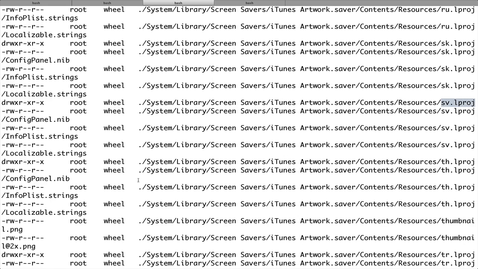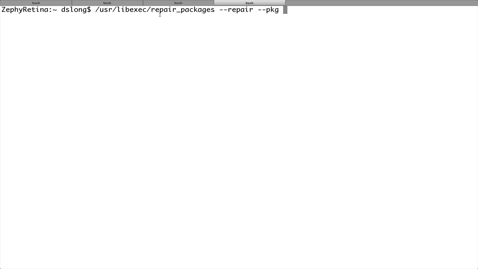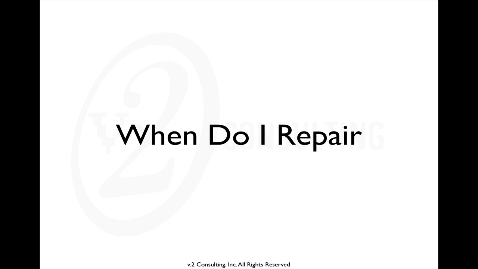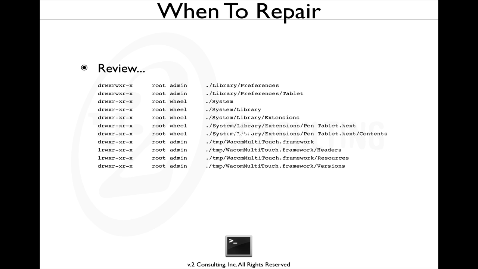So we can actually look at that command as well. Up here we have our command repair packages, and we're going to repair a given package. Because we were looking at the media files earlier, I'm just going to paste that right in. I'm going to hit return, and it's going to show us the output of verifying the files from the package, media files, and after that it will finish verifying. And now that I have my package repaired, we can go back and look at